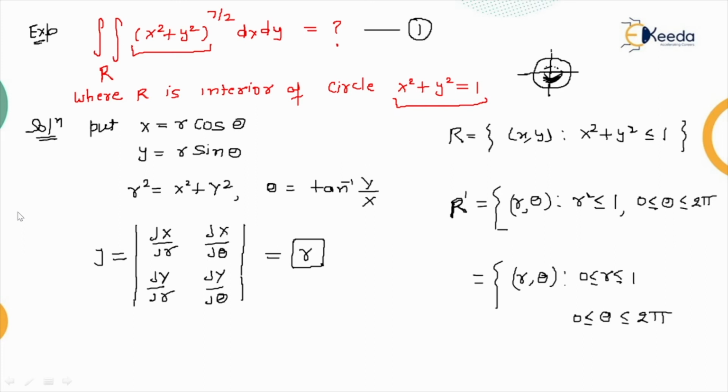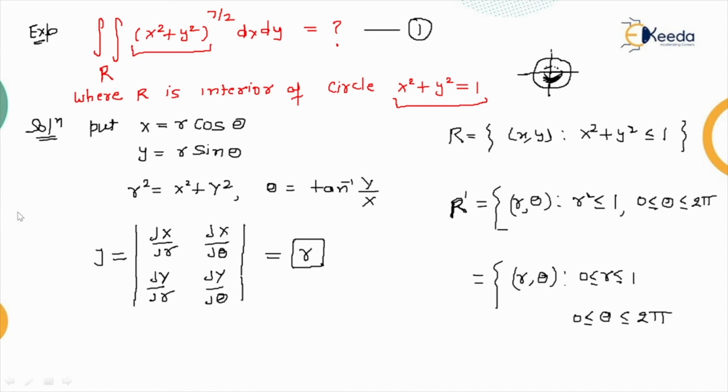If you find the equation of a parabola, that is not bounded. That's why you never find any equation related to a parabola or to lines and so on, because here you will find an equation that represents a bounded region, like a circle, cylinder, or ellipse, these kinds of things. So here the particular equation is the equation of a circle, and you just use the methodology of Cartesian plane to polar coordinates.